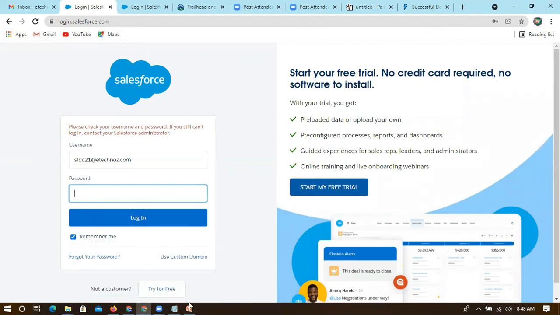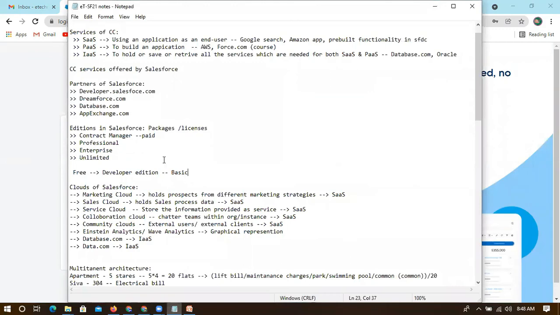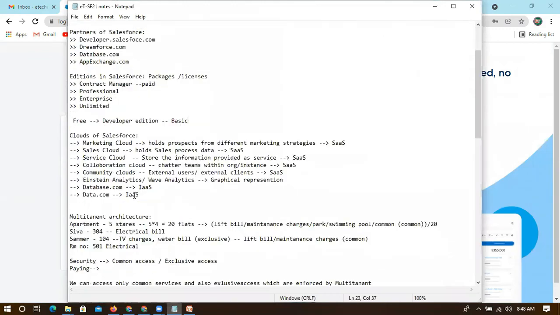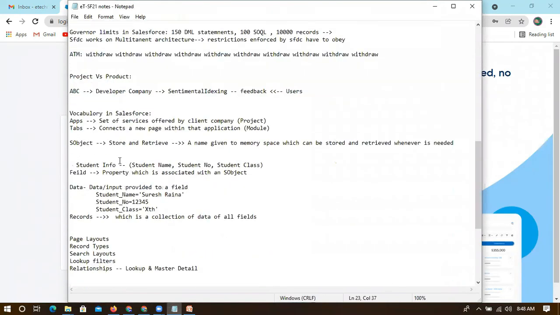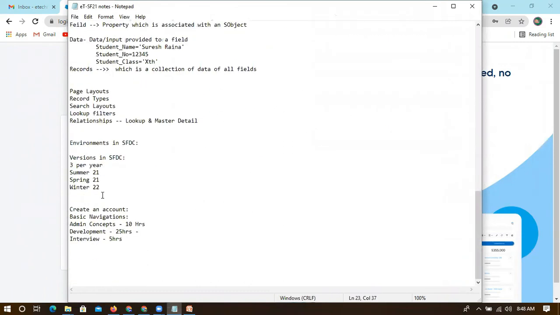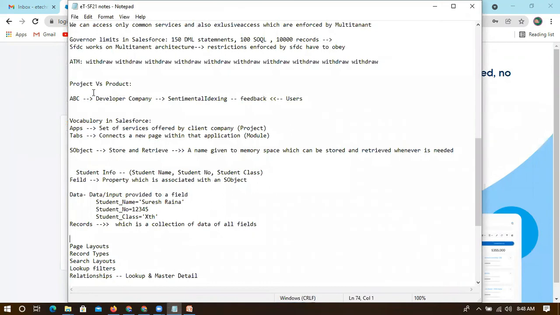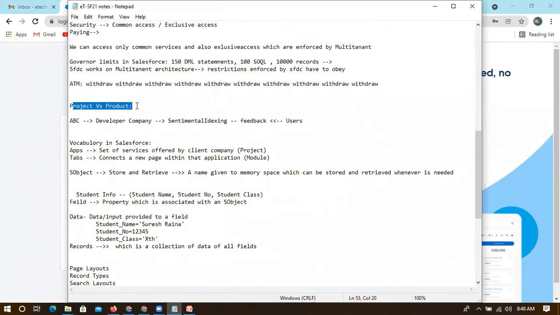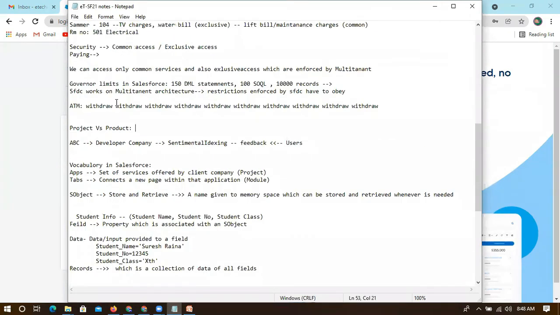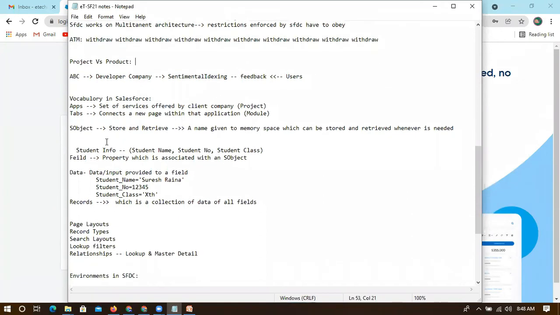In the meantime, what we have discussed for today: we have created one account also, and we have seen what is project and product, the difference between project and product, and the different vocabulary we are using. An app is a set of services offered by a client company, which is called a project, and a tab is a module.